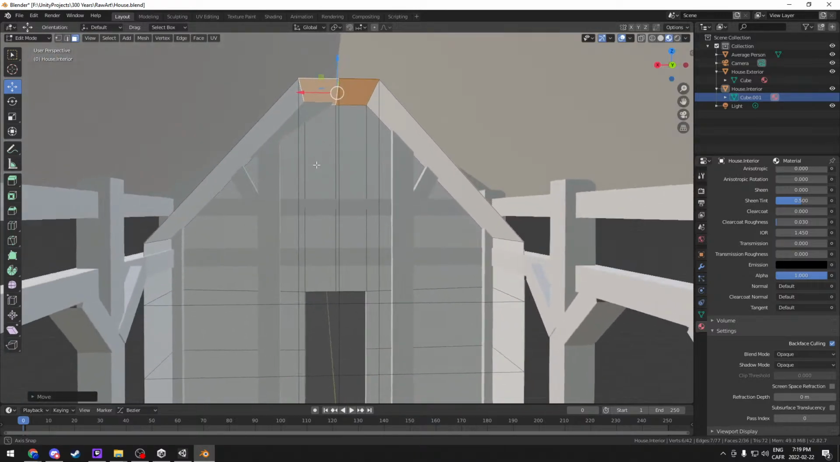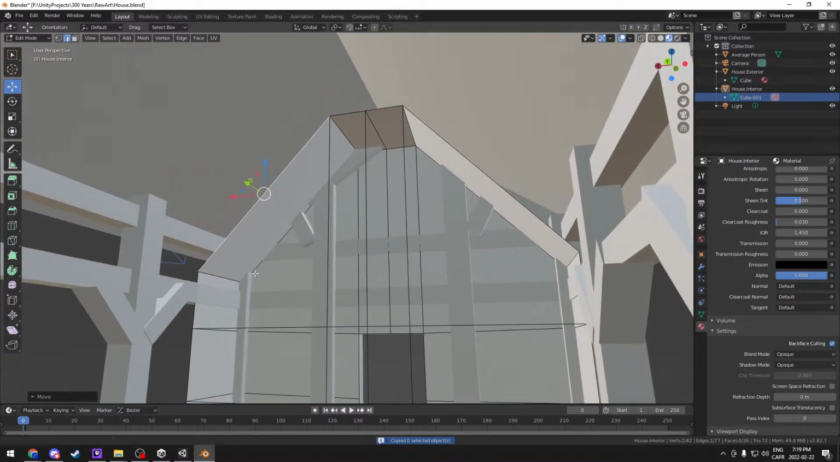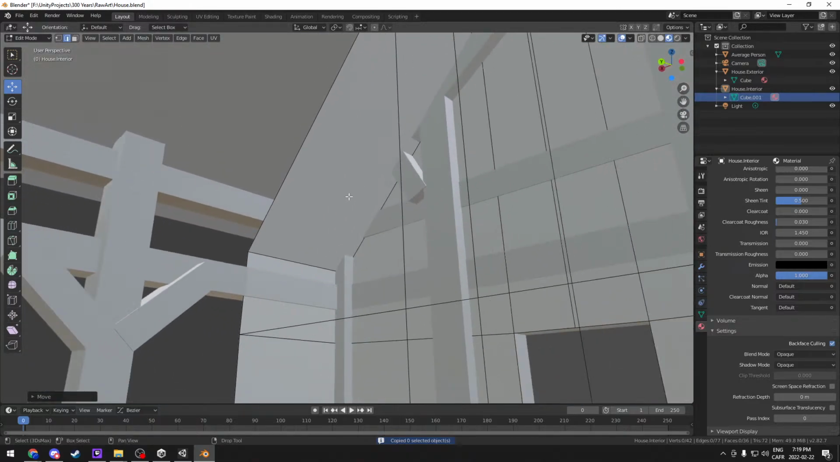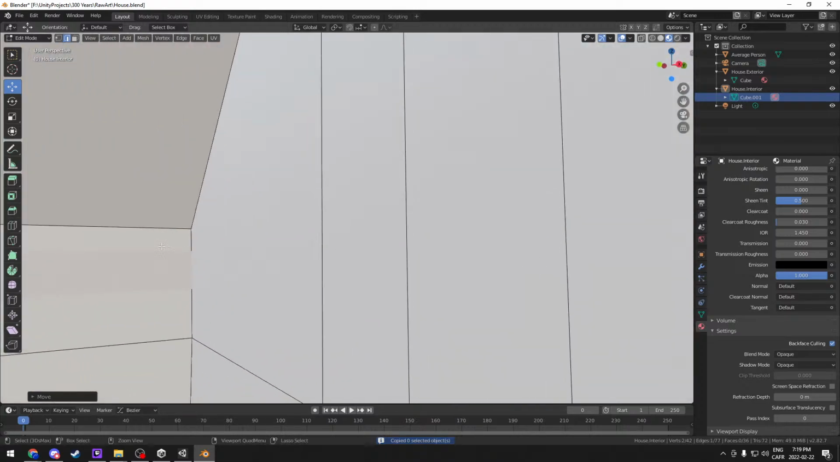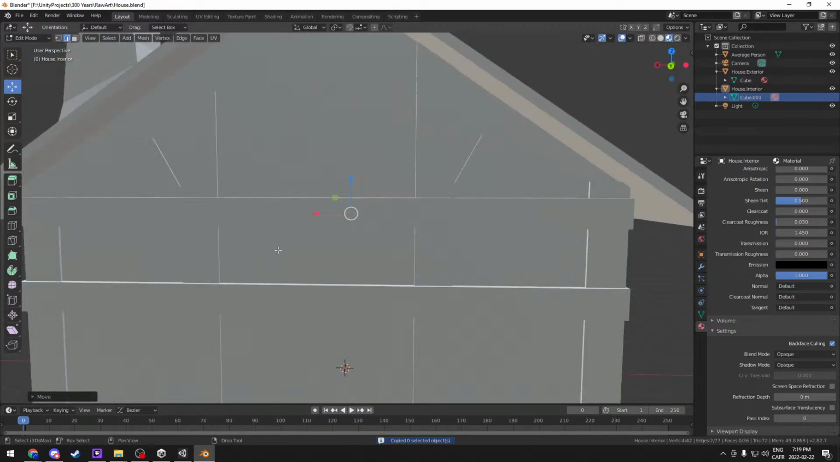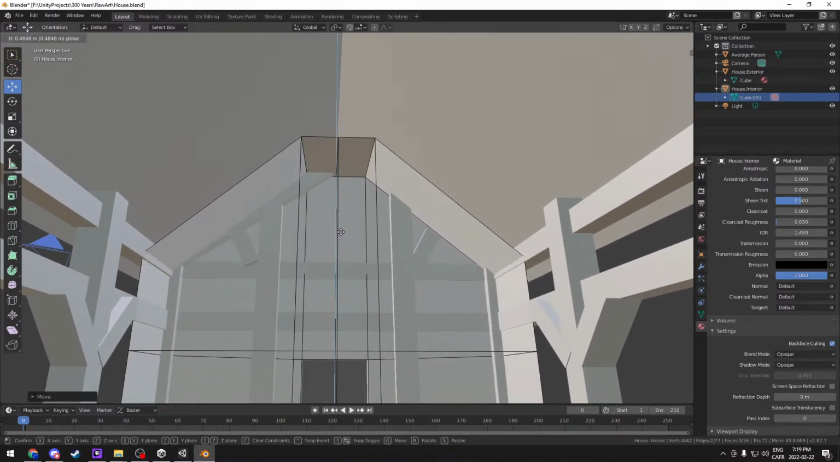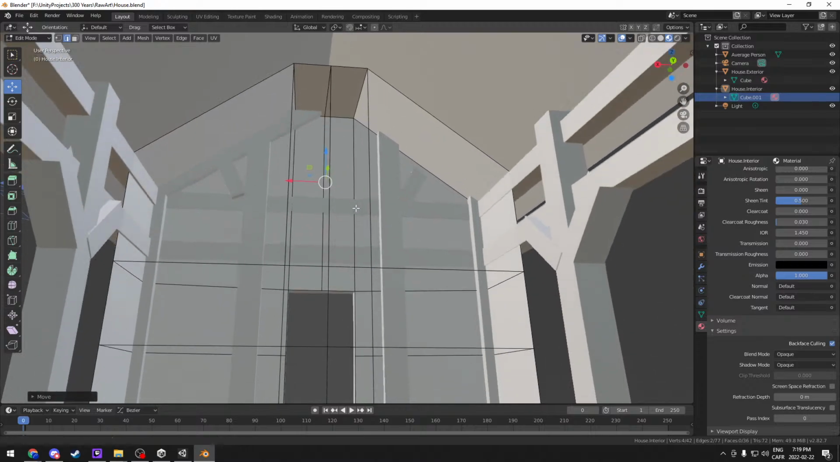Let's put this up to here for now. And I'm going to take these two edges, so this one, oops, no, this one right here, this one right here. It's not liking what I'm doing. This one right here, here we go, and this one right here, here we go. There we go. I think that's pretty good. Okay, so